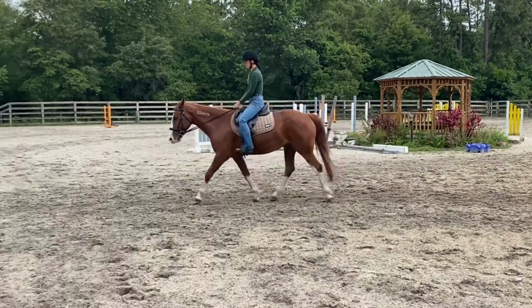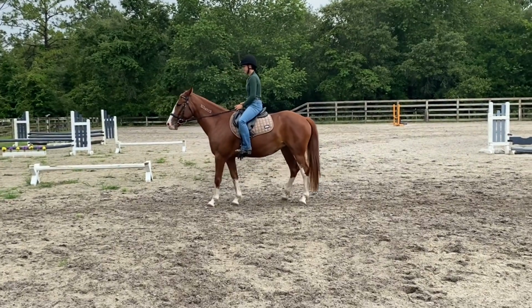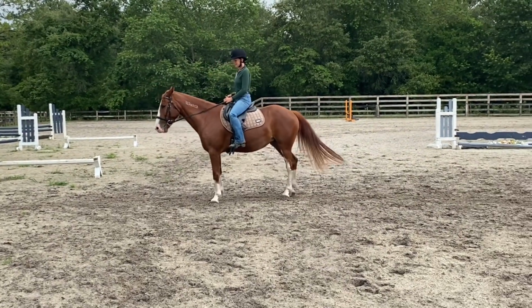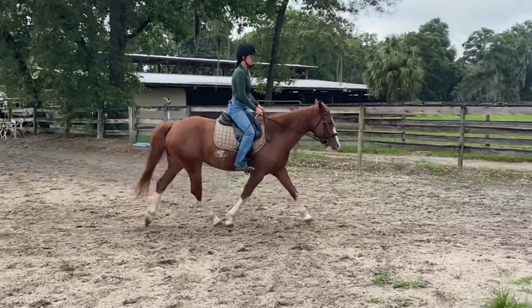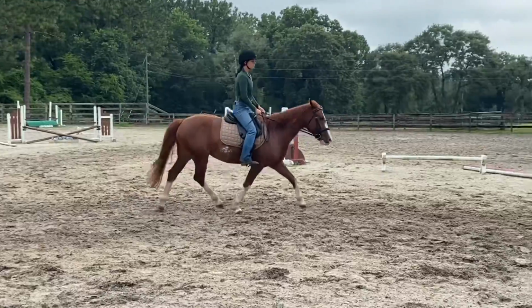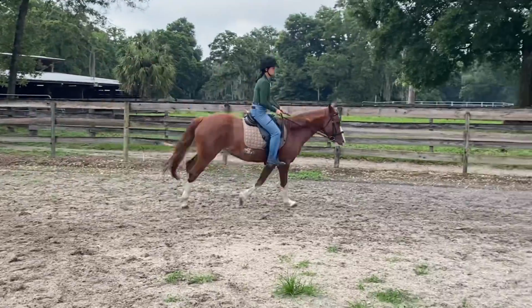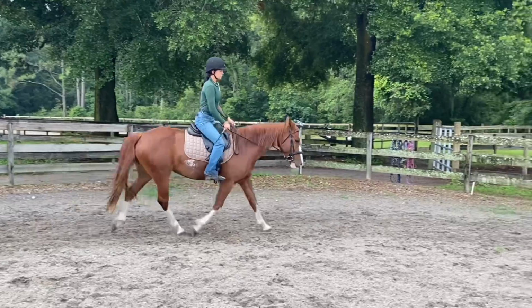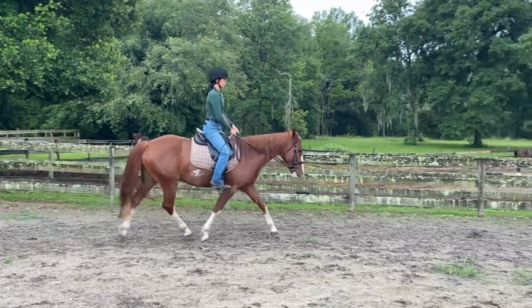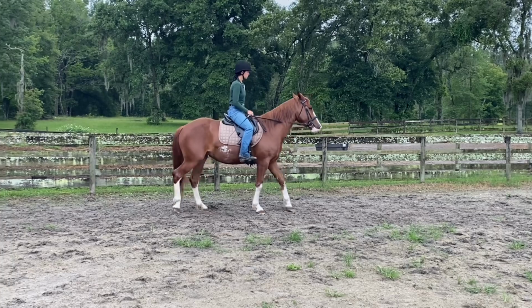When I go out west, it's going to be even better because we get to be on hills when we're out there. Like you can see right there in our halt. I don't ask her for hard halts too often because it is hard on that hind right leg. She is sound though. It just is a thing that young horses have sometimes developing. She's no different right to left. She picks up both leads equally. She's not one-sided,